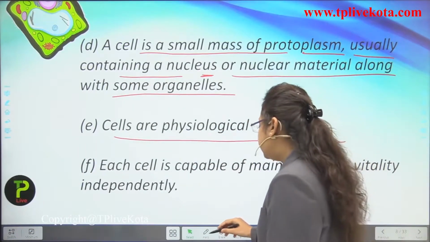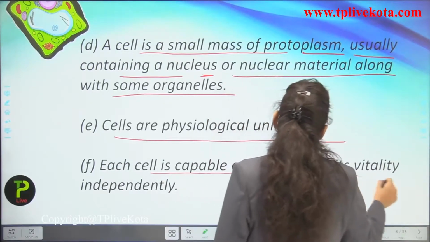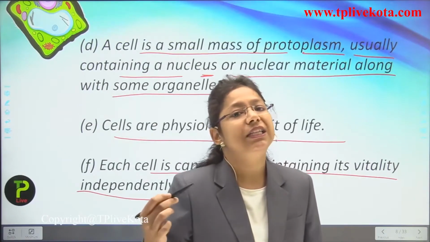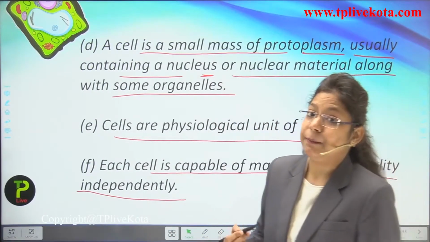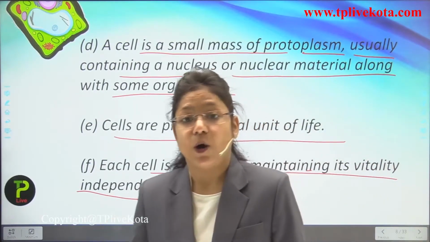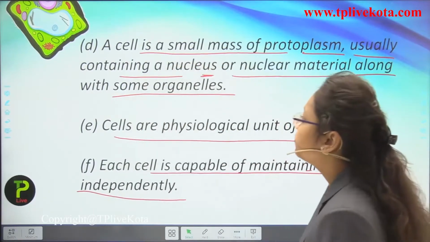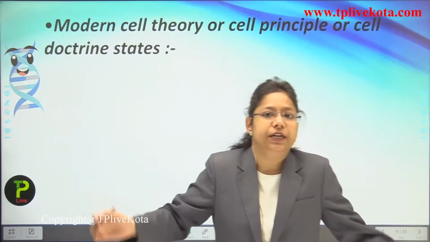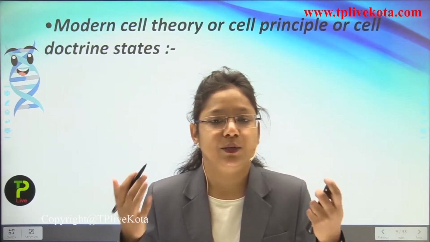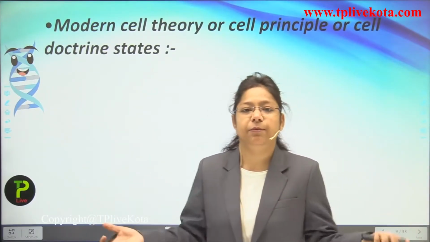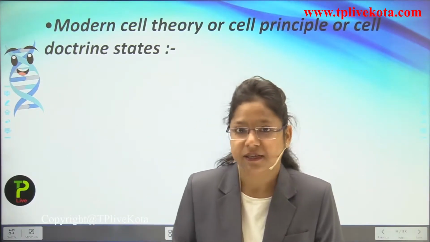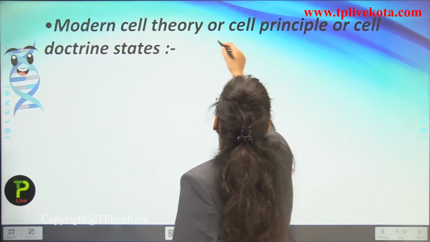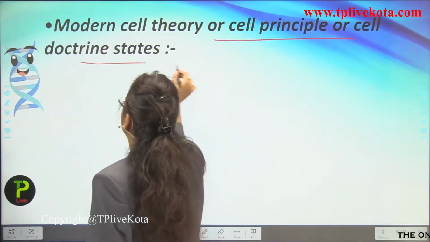Next, each cell is capable of maintaining its vitality independently. Each cell can survive independently and perform its functions. Now you are understanding the world of the cell, how important it is to us, and that the human body is made up of trillions of cells. Now, the modern cell theory, or cell principle, or cell doctrine, states: